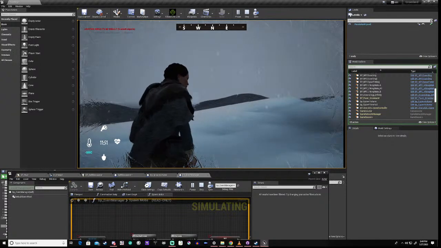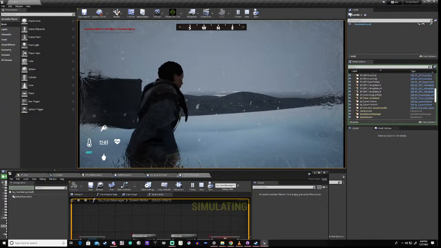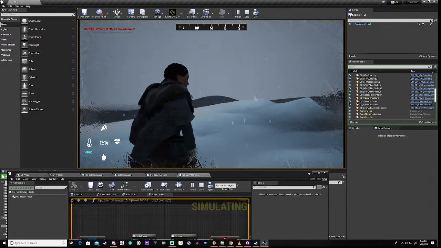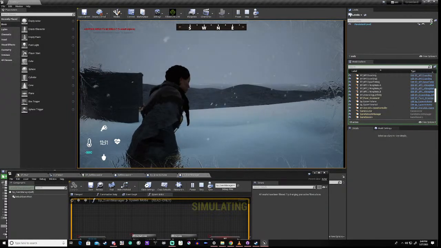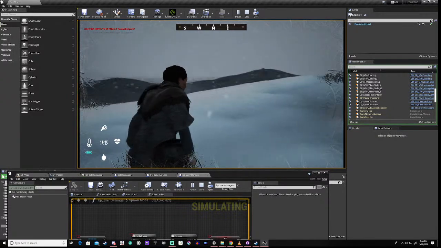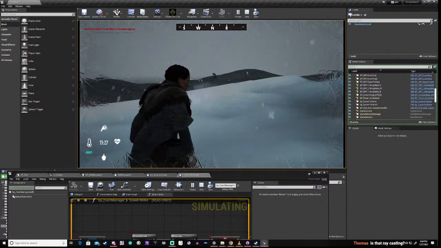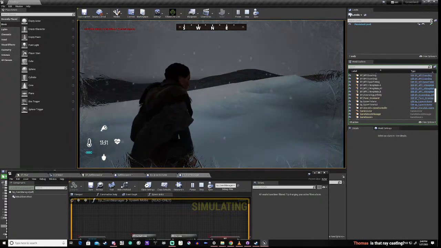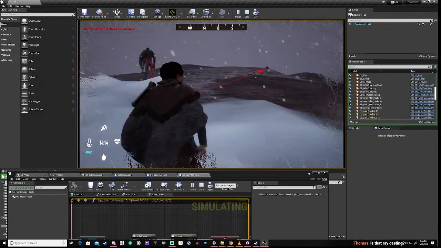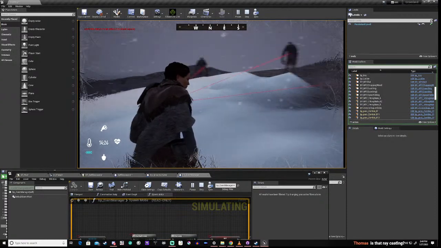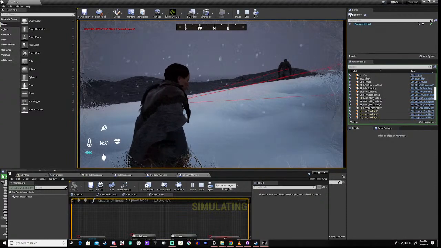Yeah, I've just got a debug on just to see where they're hitting, okay? So you'll see a whole crap load of lines in a minute, when it tries to find a position for them. There you go. Right now, strangely,